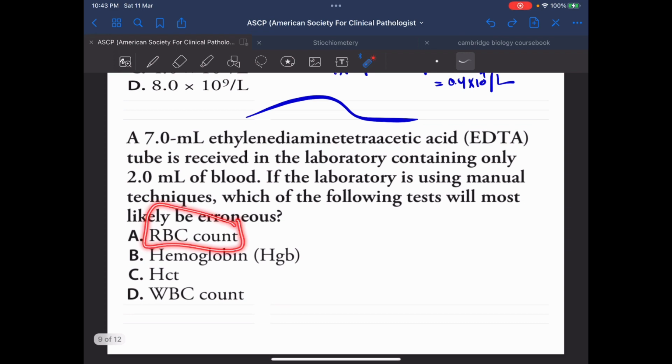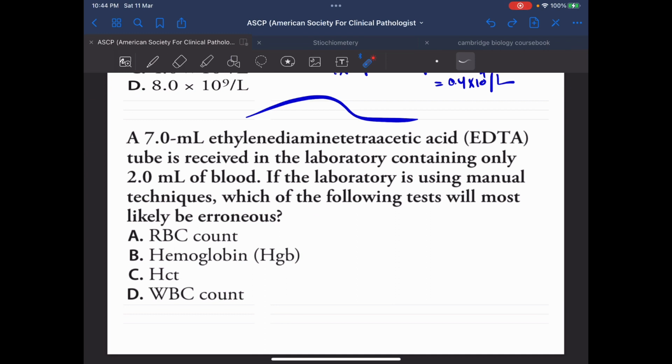RBC count, hemoglobin, hematocrit, or white blood cell count? When we add less volume in an anticoagulant tube, the ratio of anticoagulant to the volume of blood is more. And we know that excessive anticoagulant